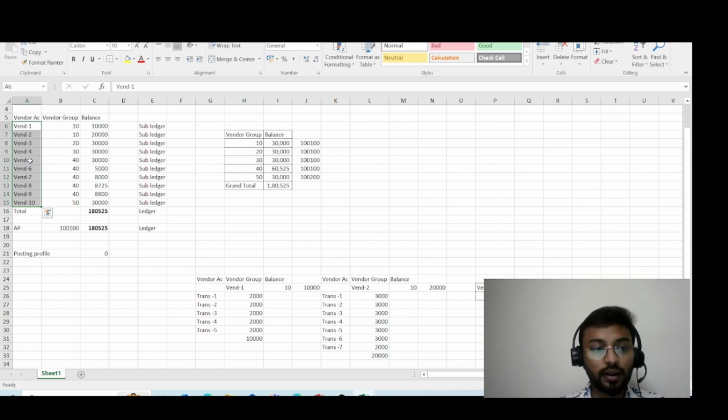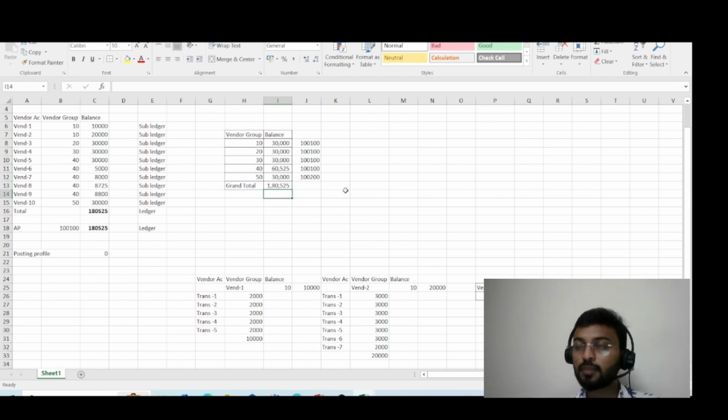So I hope you understand this concept of ledger and sub ledger. We are going into more details. What I have done is I have just created a pivot, and for each group, I have written the balance over here. So suppose in a system, in a posting profile, we have a different kind of